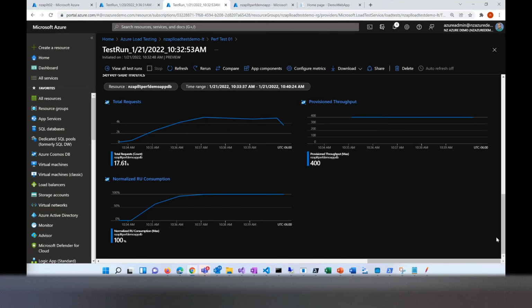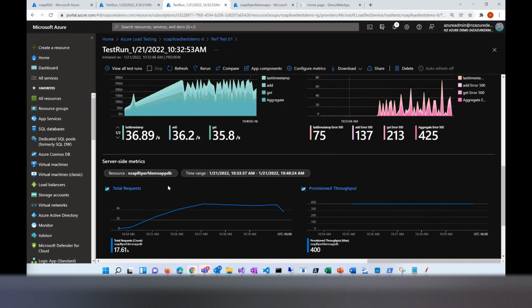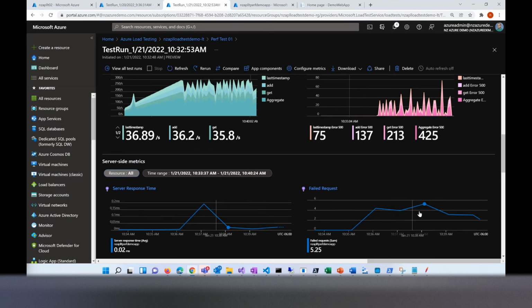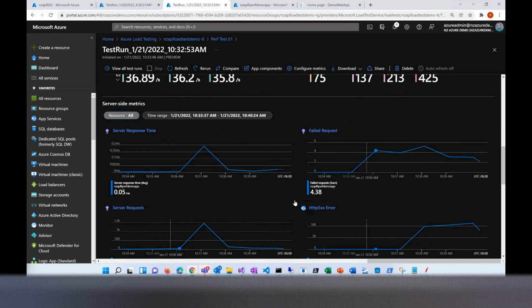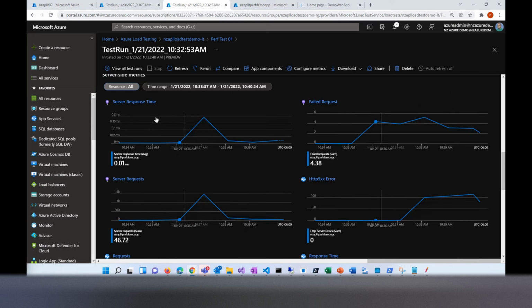In terms of correlating the data where the solution contains multiple components, you showed one with Cosmos DB. Assume it has an API front end with AKS or some other application behind it. Can we get all of the data in this screen? Here it is. All of the data is here. This has an API, so this is basically the web app data. This is coming from